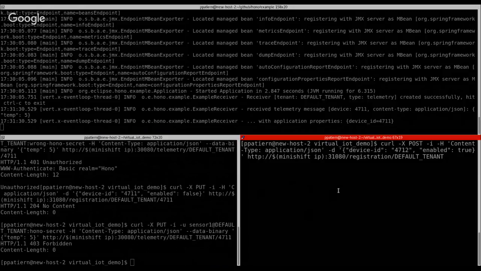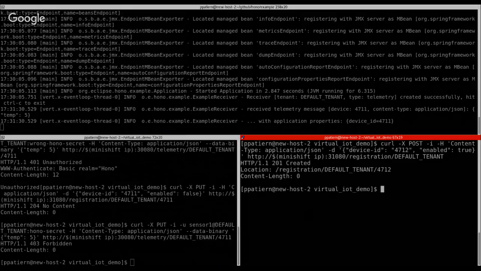I'd like to say that in this JSON payload, we can add more information about the device, a sort of properties bag with more information like the manufacturer, which is more related to the kind of application that we are developing and the kind of devices that we are using. So I'm going to register the device, and after that, I need to provide credential information.